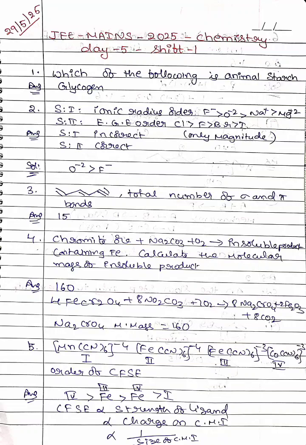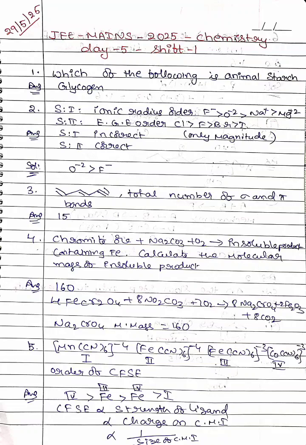mass is 160. The next one, the complex ions they have given, and they are asking us to calculate the order of crystal field stabilization energy. We know crystal field stabilization energy is directly proportional to the strength of the ligand, the charge of the central metal ion, and inversely proportional to the size of the central metal ion. Based on that, you can check the order here, where the complex 4 greater than 3 greater than 2 greater